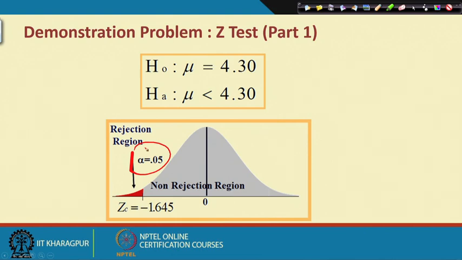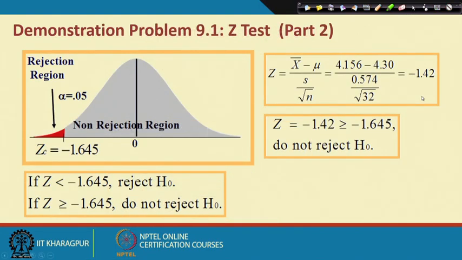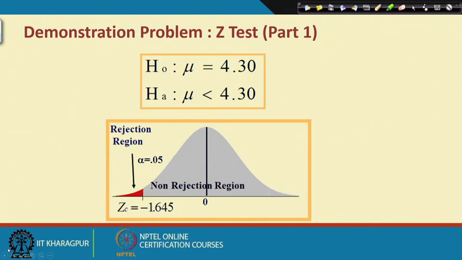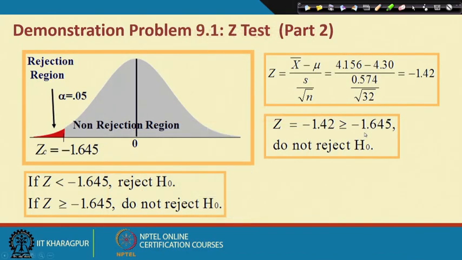Then again you will calculate the test statistic, and you will see the position of the test statistic, whether it is coming under the rejected zone or under the accepted zone. Once you are in a position to calculate, you will take a decision accordingly. So, this is the particular structure. Now, the z critical will be minus